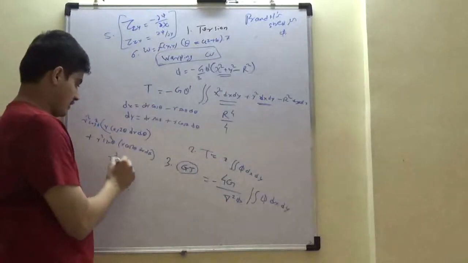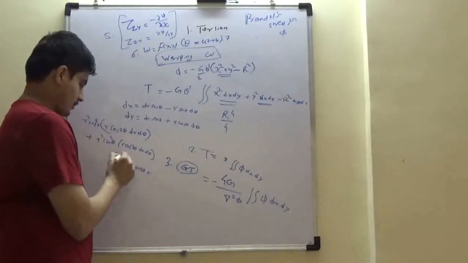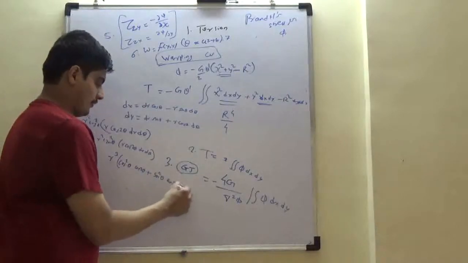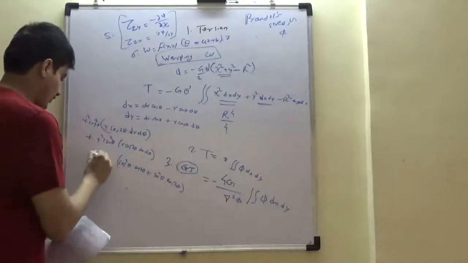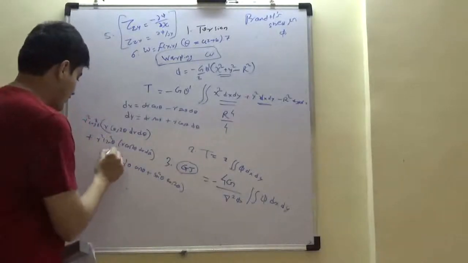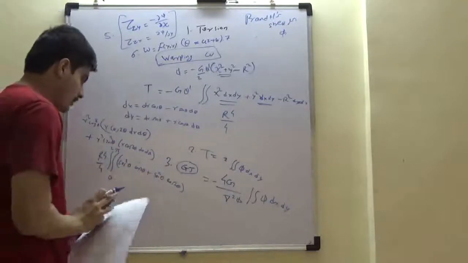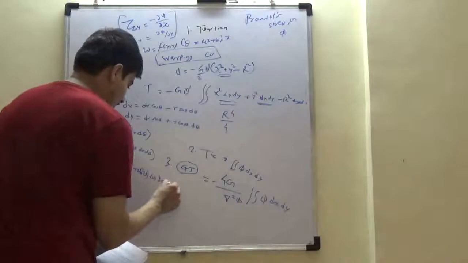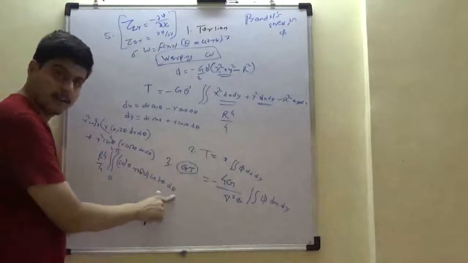in both cases, cos square theta cos 2 theta plus sin square theta cos 2 theta dr d theta. These relations, r cube is r raised to 4 by 4, it is invariant, 0 to r, right? This integral can easily be shown to be 1. If you separate these out, to get cos square theta plus sin square theta into cos 2 theta d theta, and if you substitute sin 2 theta, which is 2 sin theta cos theta here, you can easily show this